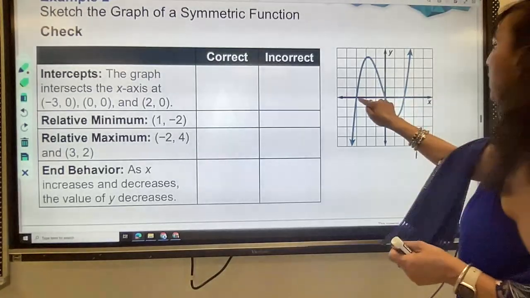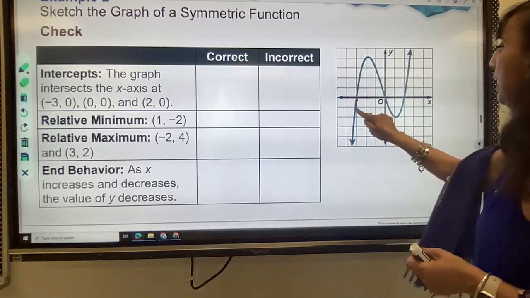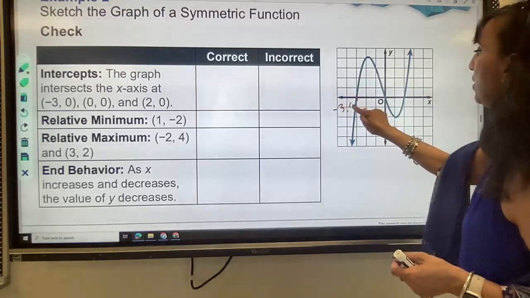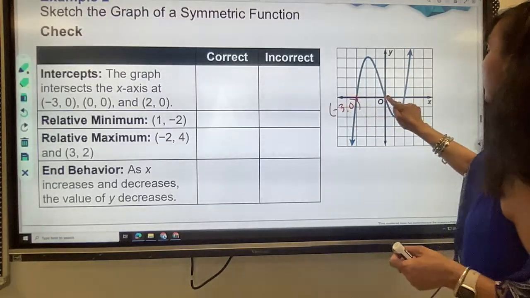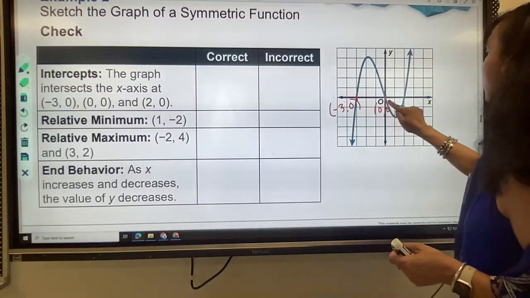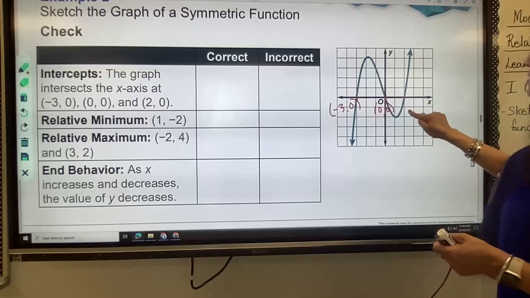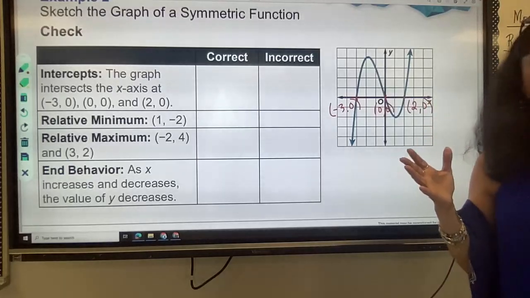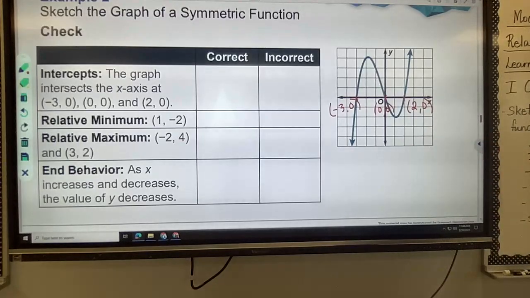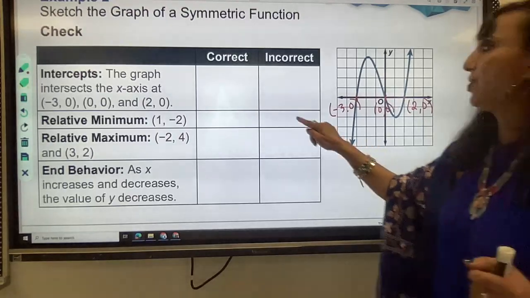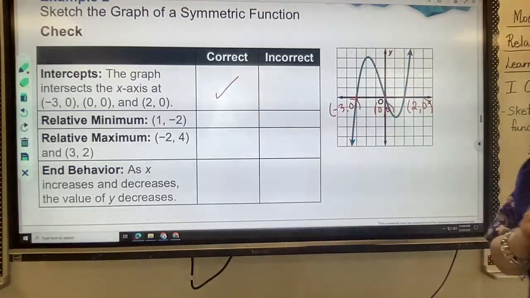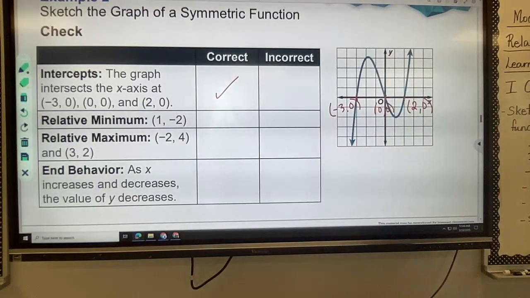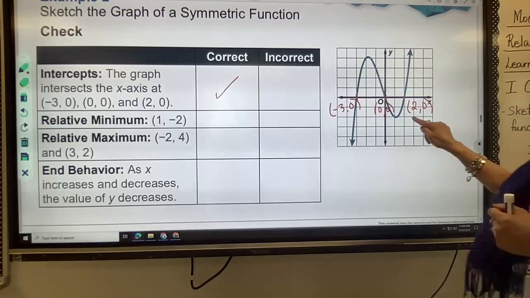So here is my (-3, 0). Here is my (0, 0). And here is my (2, 0). So is that correct? Yes. The graph intersects the x-axis at (-3, 0), (0, 0), and (2, 0). So this is correct. And then it's saying that the relative minimum